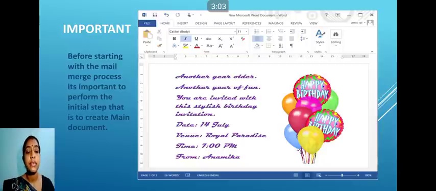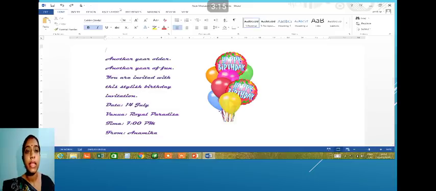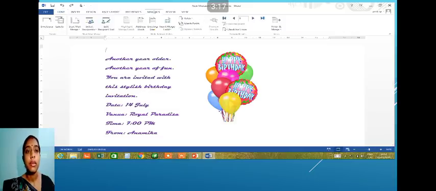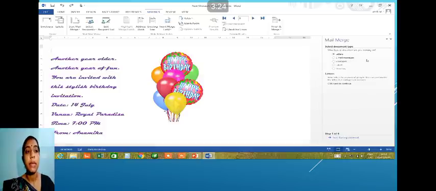So after this, the next step is how to start the mail merge. This also I have shown you in the last session, that after creating the document we have to go to the ribbon where the Mailings option is. There, the Start Mail Merge option, there the step by step wizard. That step by step wizard window opens. Yes, after this the process of mail merge starts. There are basically how many steps? That also I have told you.